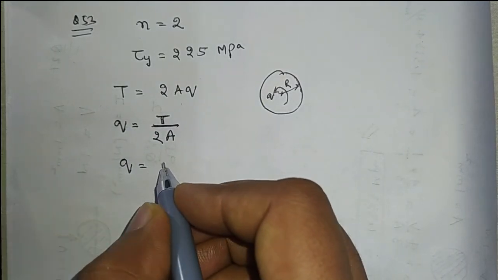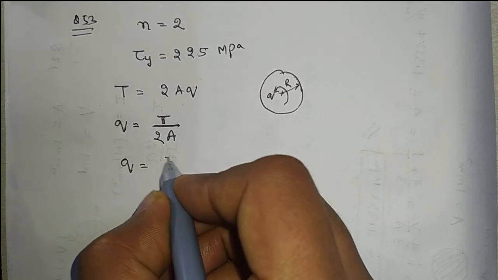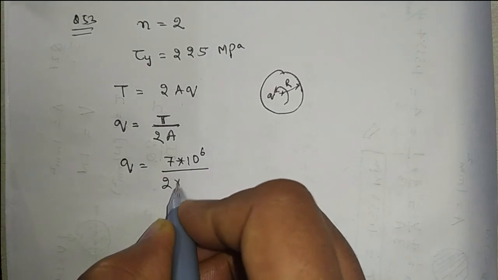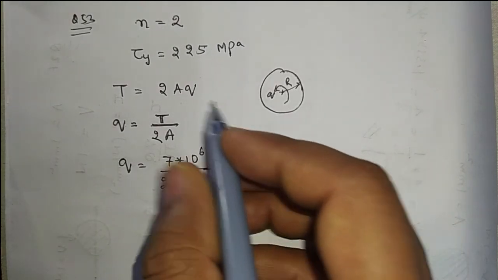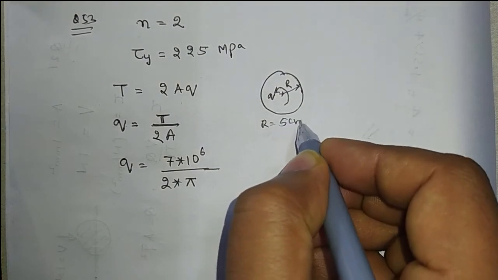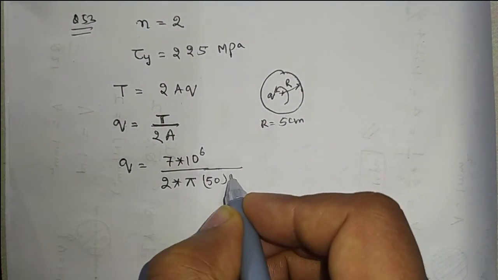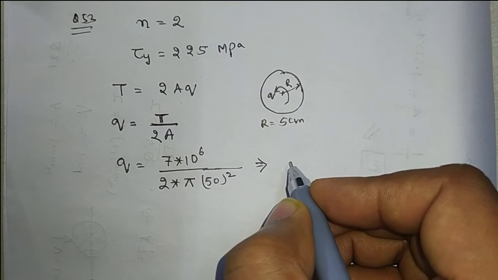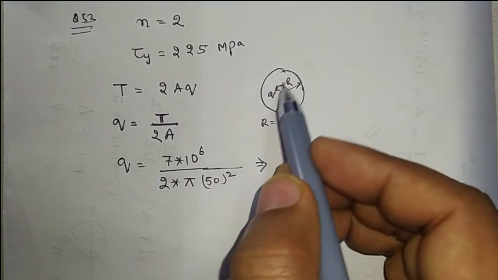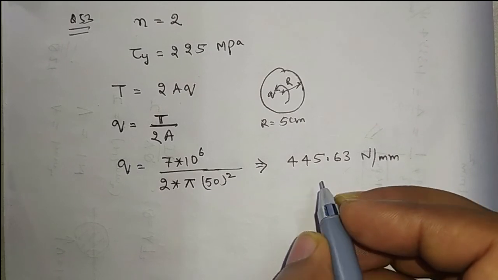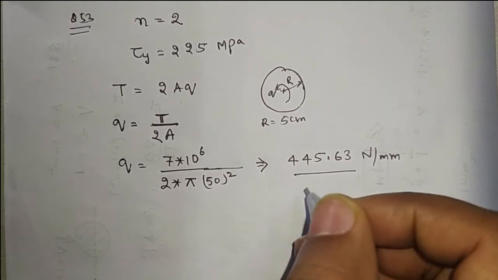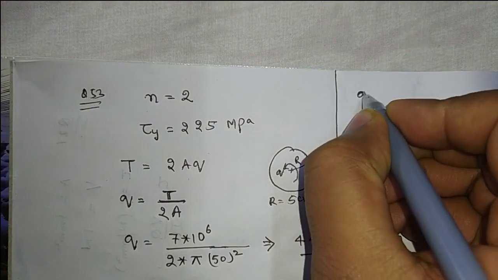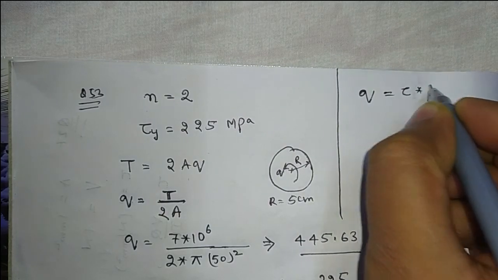Q is equal to, putting the values in millimeters, 7 into 10 to the power 6 Newton millimeter divided by 2 into pi R square. R is given 5 centimeter, so in millimeter it is 50 millimeter. After solving, we will get the value of constant shear flow in the thin walled section equal to 445.63 Newton per millimeter,